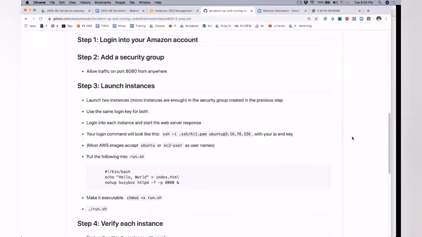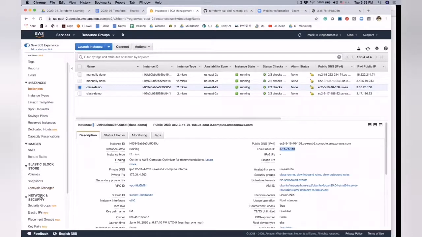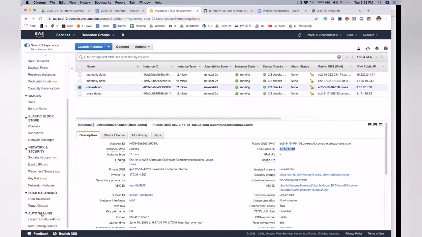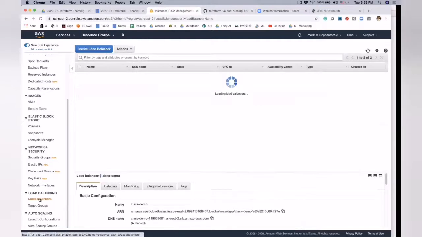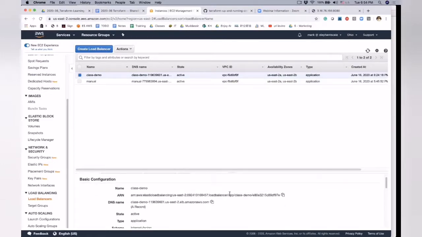Okay, the IP of the balancer is a good question. I believe it's here. So here's my balancer. Let's look at the balancers. Okay, and here is the balancer. Now, I believe that is the DNS name.